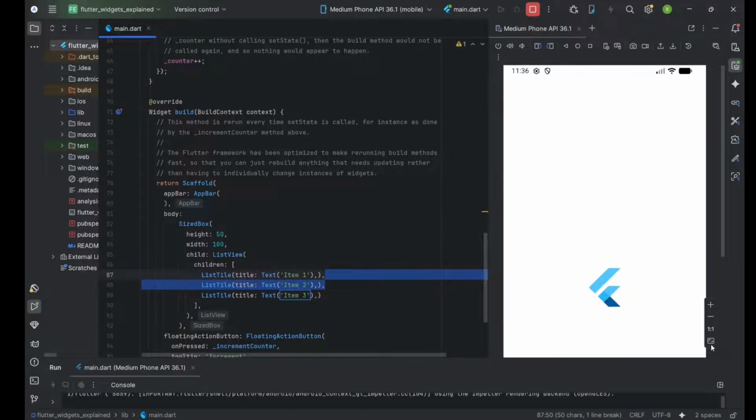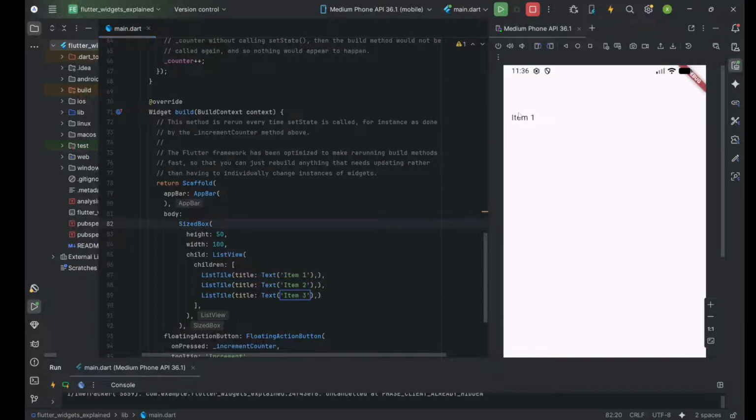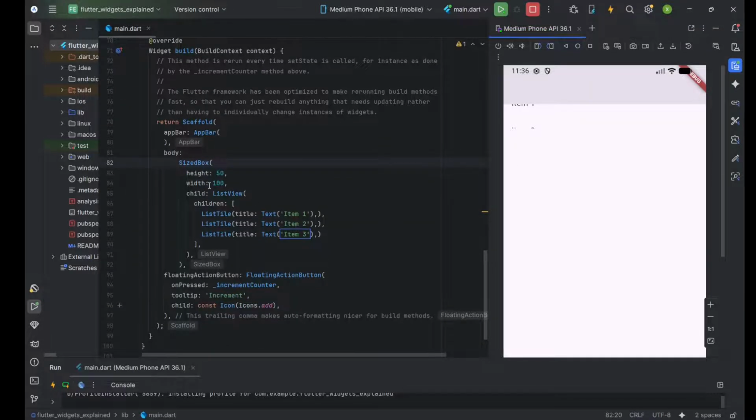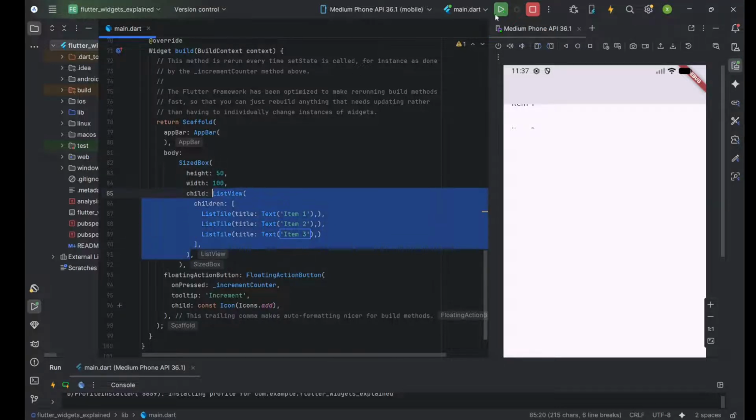Now let's see. Oh, as you can see, we have our list correctly. Now let's proceed to ListView.builder. For dynamic or large lists, we use the ListView.builder. This builds items lazily. Let's write an example of it by creating